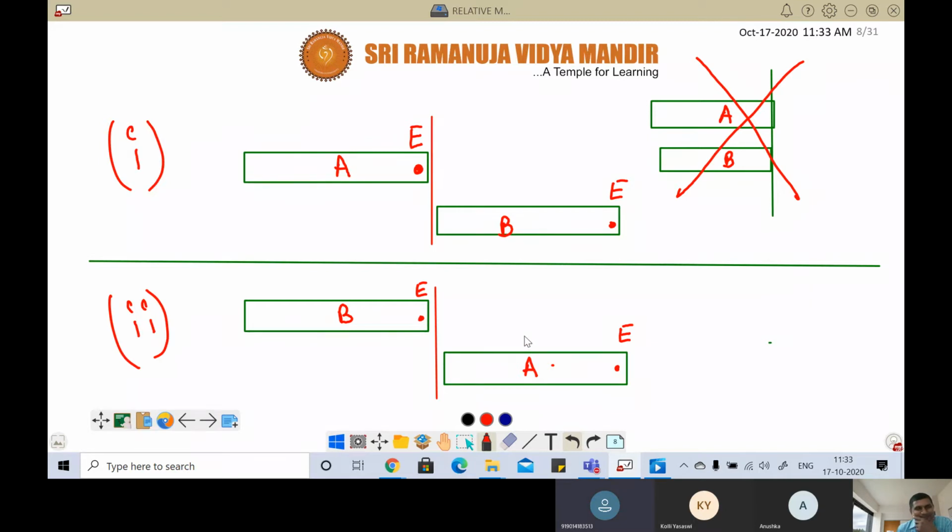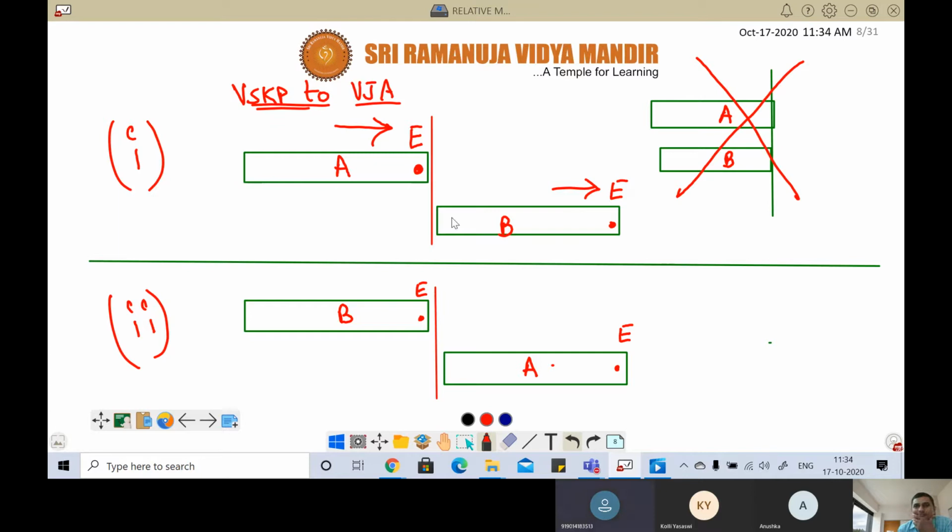Sir, I'm thinking both of them are wrong. Then what is the correct one? Sir, they need to be in a parallel way, because the question says same direction. Here they are in the same direction, na? See, the engine of A is toward this side direction and the engine of B is toward this side. Suppose let's say you're going from Visakhapatnam to Vijayawada. You are on one track. B is Bhavya Shastri, let us say. A is Anushka, let us say. So she is in this train and you are in this train. Both are in the same direction only, na?